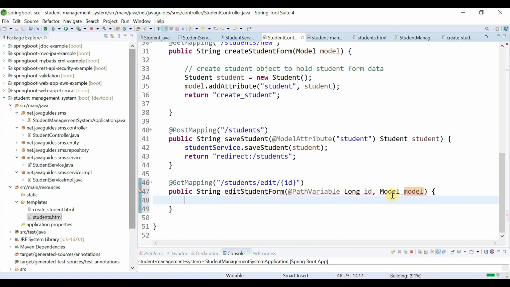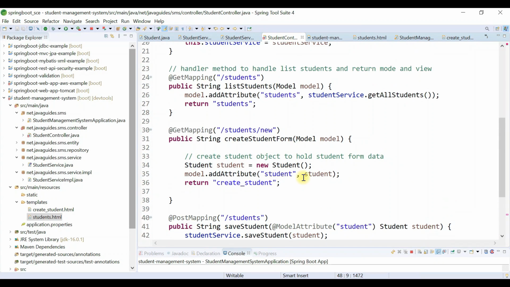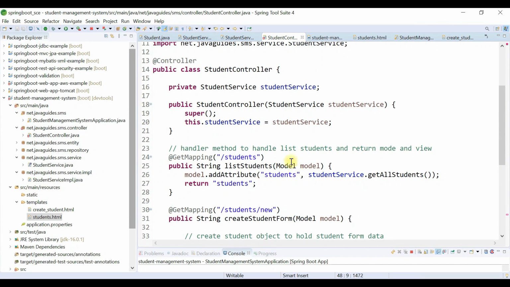Okay, now we need to get a student by ID from the database. For that, we have to add a method to the student service. So let's head over to the StudentService interface first.